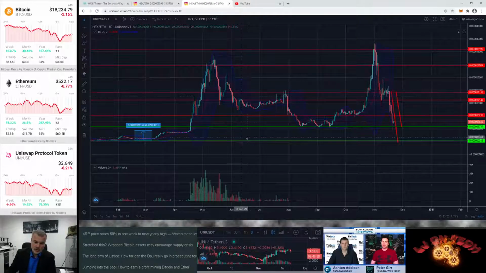Why is centralization bad, especially in this day? Because you have one entity or one group which controls the majority of a token. Especially when we look at the HEX coin right now, of course, if you are a trader and you know how to trade, and you would like to know something about technical analysis, I